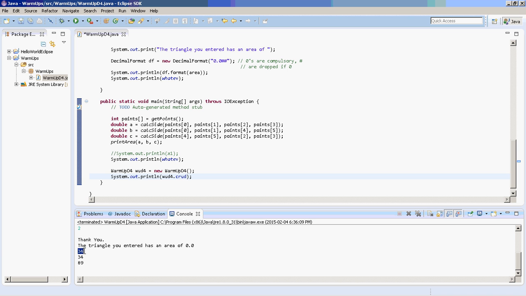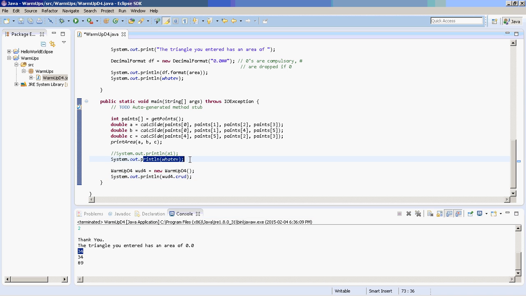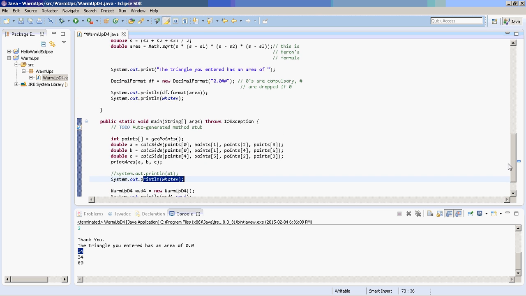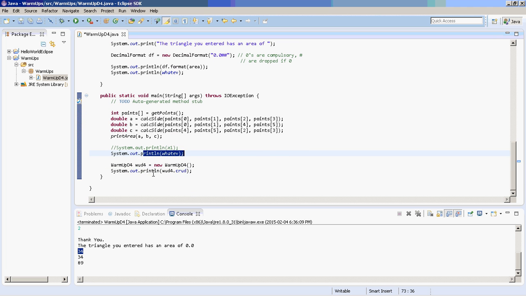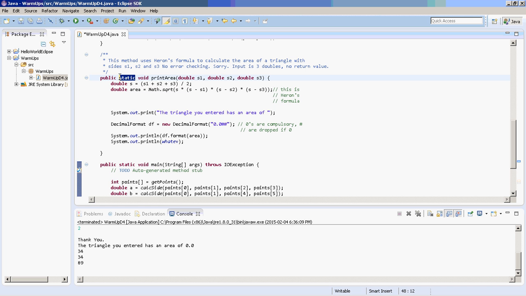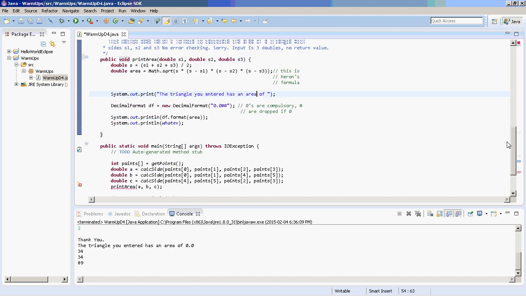There. And notice this was me messing around with the global variable whatever, and I had a print line whatever there. Global variable's bad, but now notice this object variable, the variable crud of the object WD4, also printed. And this is getting into the idea of objects and classes versus global stuff. And we can just imagine what then the methods would look like if we talked about running